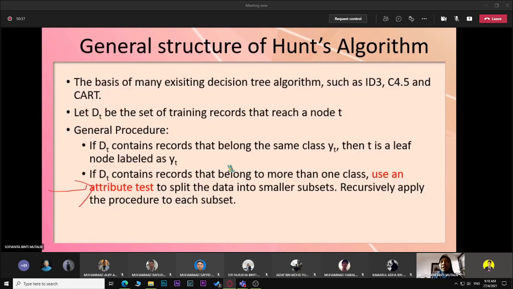Meaning that the algorithm will look at the input attributes: which attribute can split the data into the same class level the most? Which one will produce the partition? For example, within these 5 attributes, which attribute can split the data into the class level at the